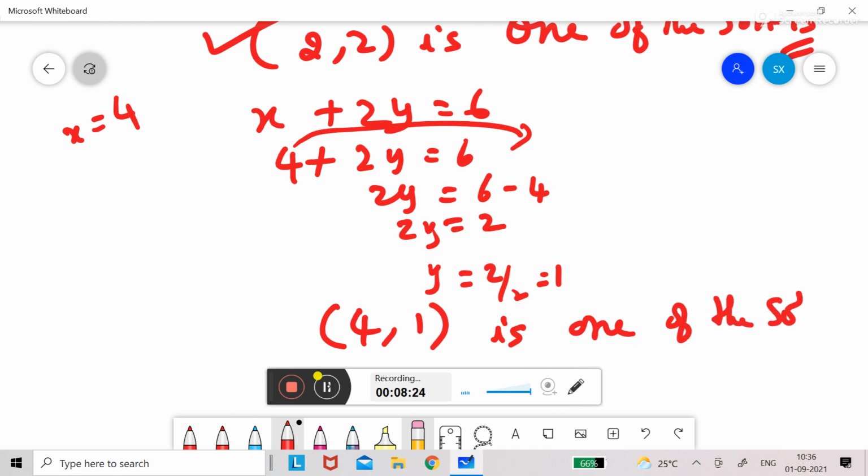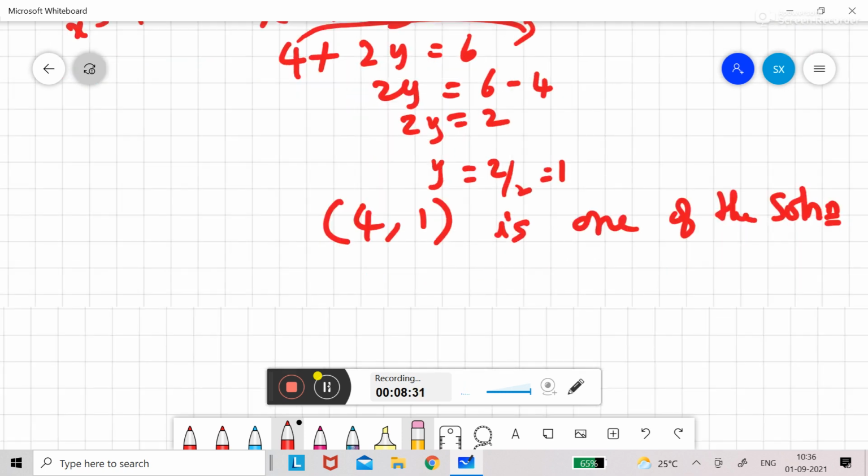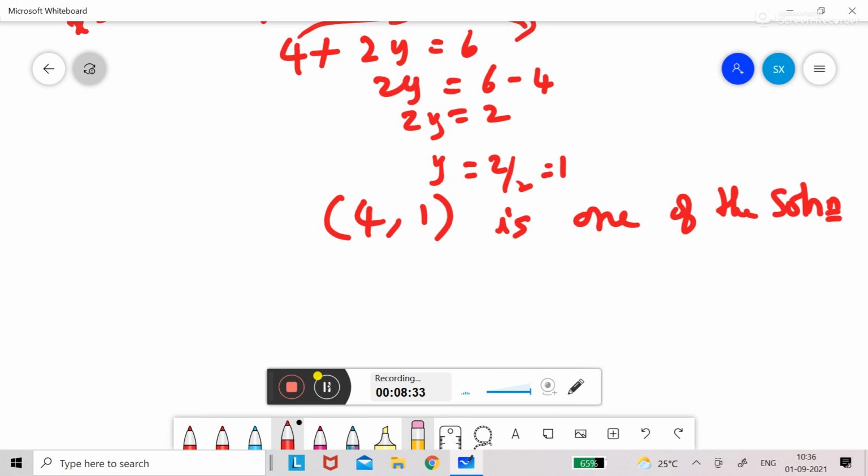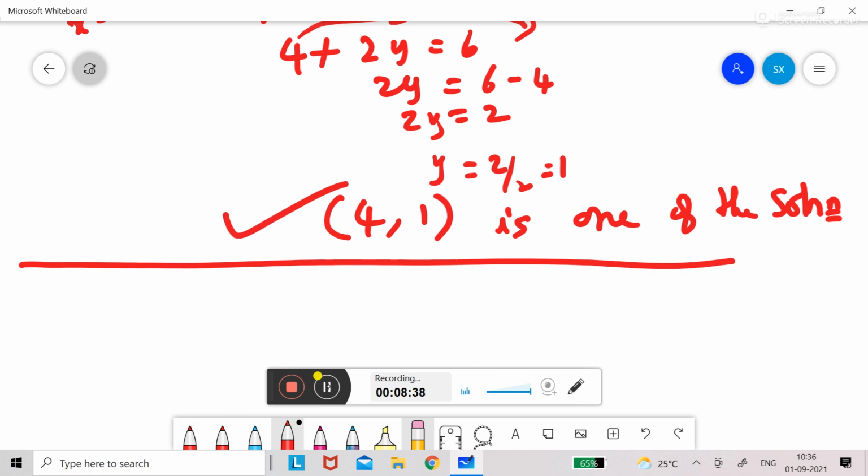Understood? Tomorrow we are going to do graph, children, online, offline classes. That is why I'm teaching you this, so that tomorrow you can bring your graph book. We can do mathematics. If any teacher is not there, I can take mathematics at that time. Okay, now three solutions are over.